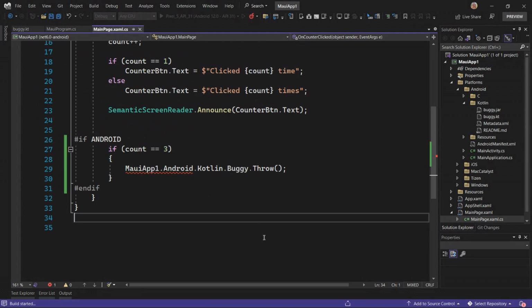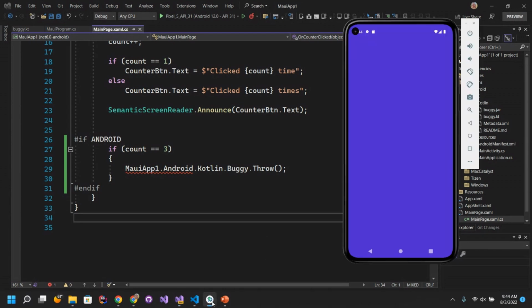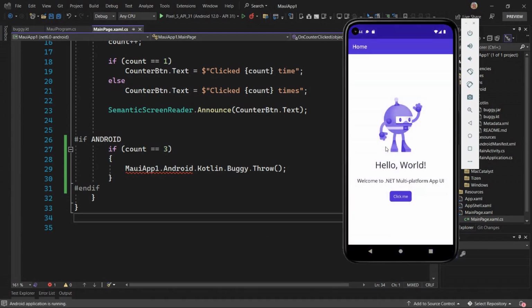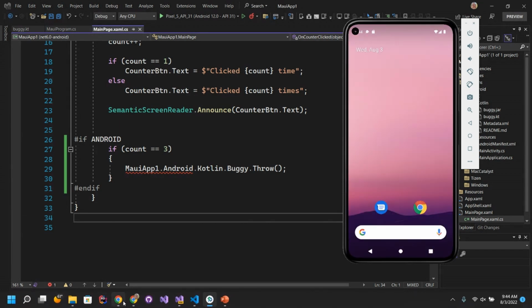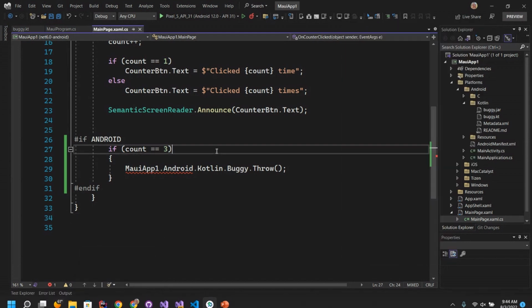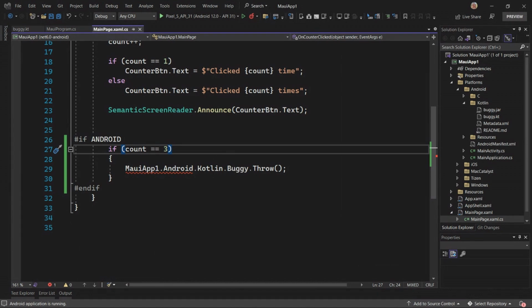Because remember, this time we're not calling .NET code. The .NET code is invoking Java code on the device, and it's going to crash there. So again, we're going to click 3 times. It's going to crash. And that will come through. I'll show you in a second. While we're waiting, because it does take a few seconds sometimes, I also want to show you that we can